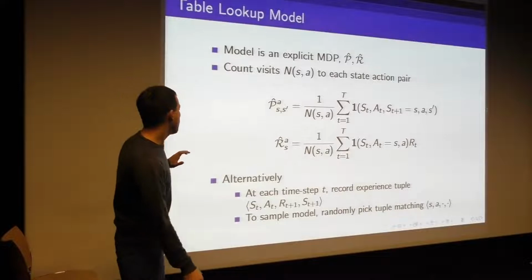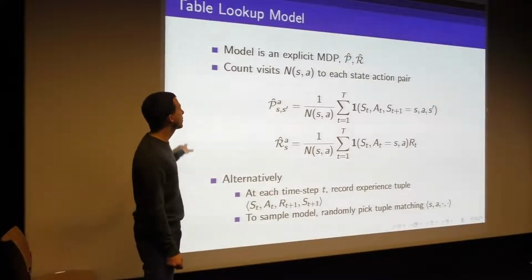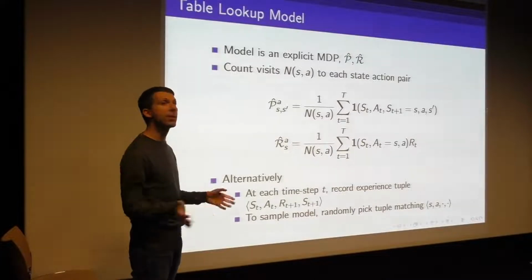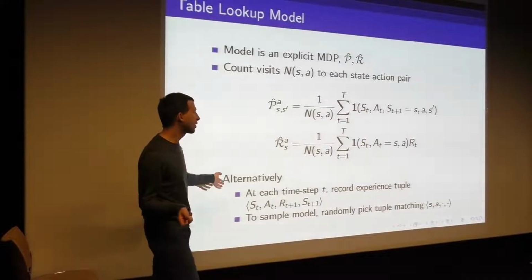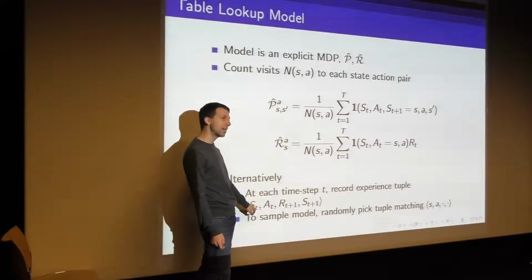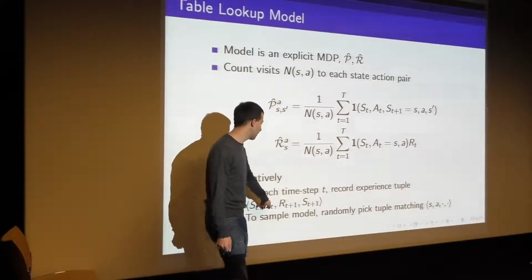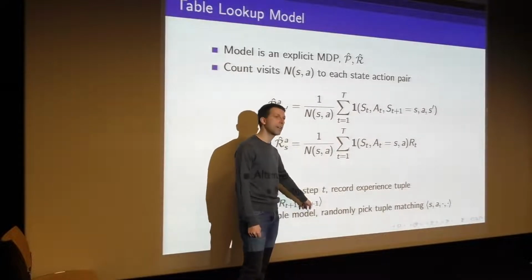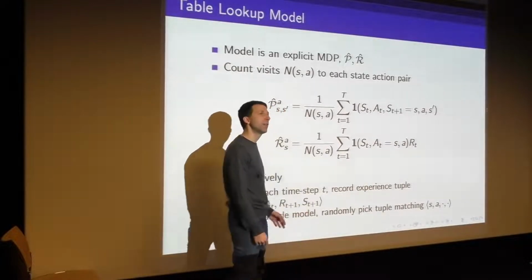Good. But there is an alternative way to set up the same model, and the alternative is to basically just remember things. So you can just record the experience that you've seen so far. You can just record that when I was in state S_t and took action A_t, I observed reward R_{t+1}, and I observed that I ended up in state S_{t+1}. And now